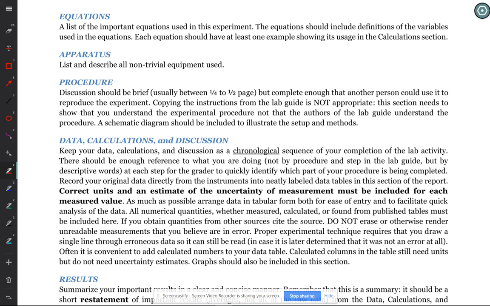If you don't have units, one example without units will take off 2 points for the lab. I don't take it off more than once because you could very quickly just take off the entire lab on not having units if you did. Now, when you make a data table,